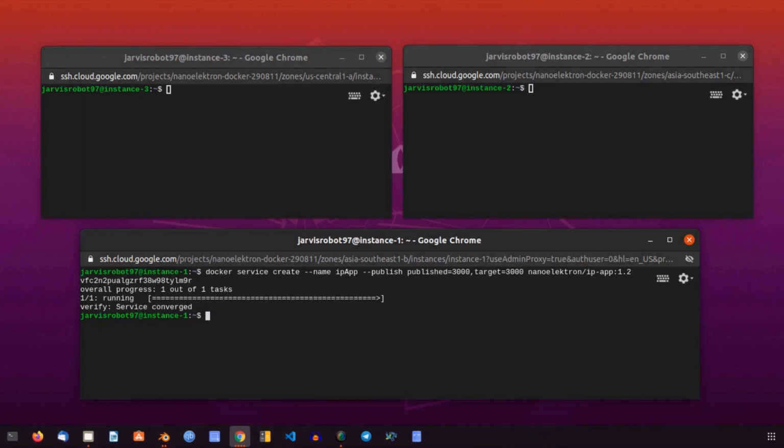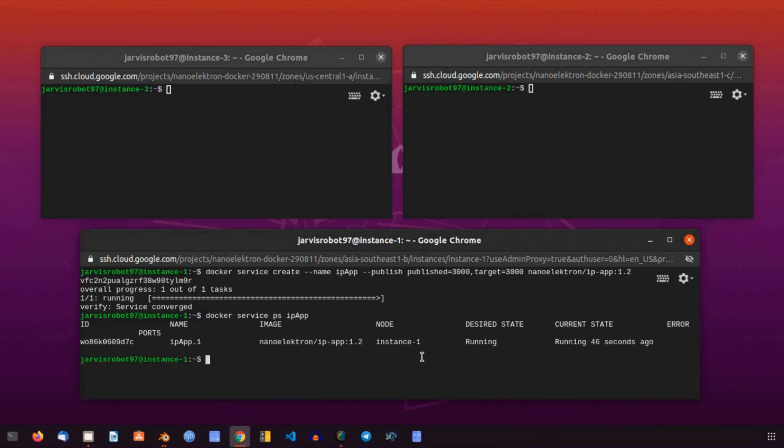Now if we do docker service ps, which stands for process status, and the name of the service, IP app, it tells us that there is only one container created by this service and it is running in instance 1.